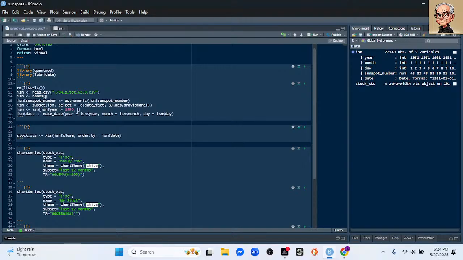And so we're going to say ISN close. This is kind of funky, but as you know, it's looking for a close column, which is why we didn't get anything as far as the